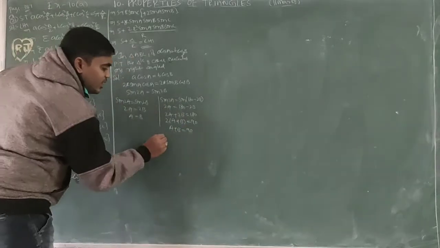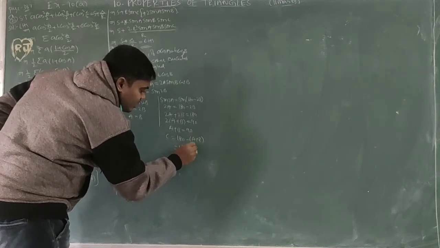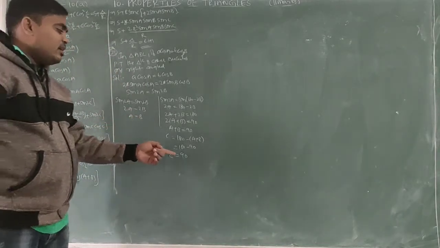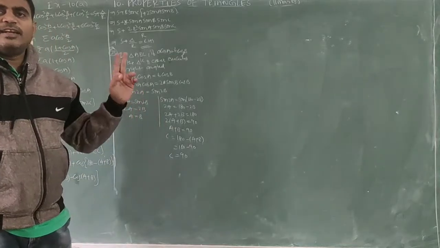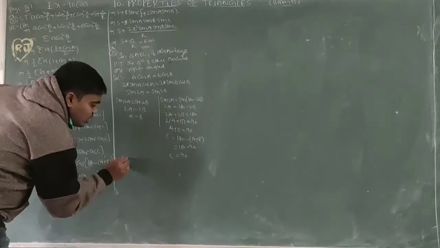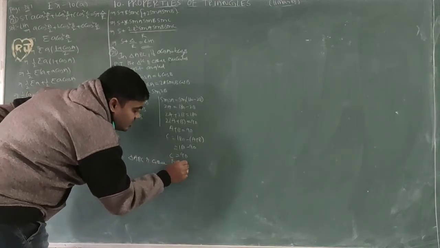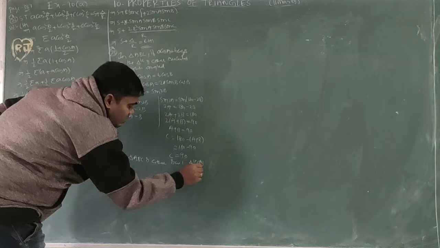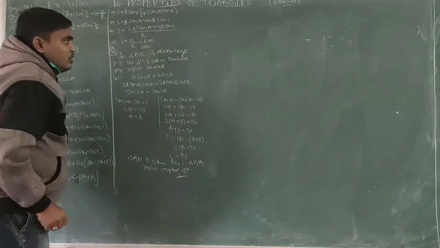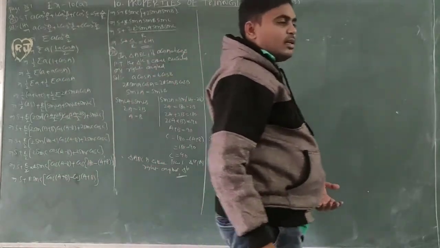So if A plus B is 90, C equals 180 minus (A plus B), 180 minus 90 equals 90. So here two angles are equal or one angle is 90 degrees. If two angles are equal, then it is isosceles. If one angle is 90 degrees, then it is right angled. So therefore triangle ABC is either an isosceles triangle or a right angled triangle, or a right isosceles triangle. So this is the solution.